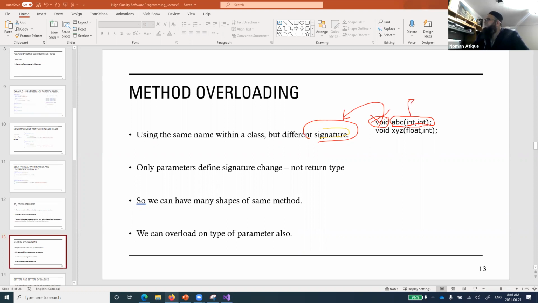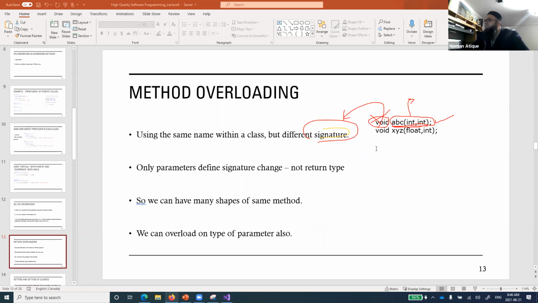So when you talk about a signature, typically you say that a signature is a combination of the name of the function as well as the parameter types. If I ask you what is this method, you'll say ABC method, which can accept two integers. XYZ method that can accept a float and an integer.